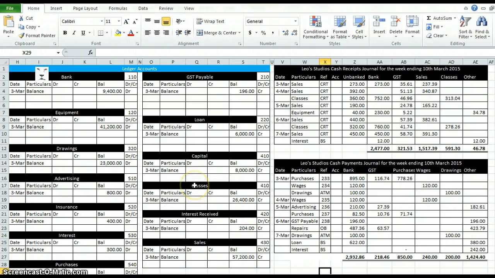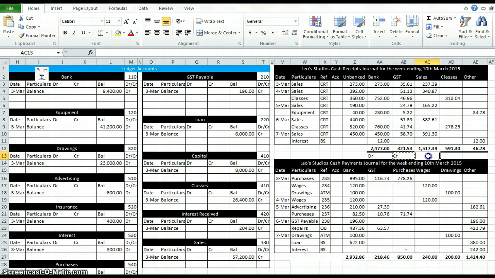I'm going to use the Nathan Tuddy method. Thank you, Nathan, for teaching us how to do this a while ago. And this is how we post. So what we do is we find the bank figure, and at the bottom here we're going to type DR. DR stands for debit, means we're going to put it on the debit side of the bank. Everything else is credit, so we'll type CR,